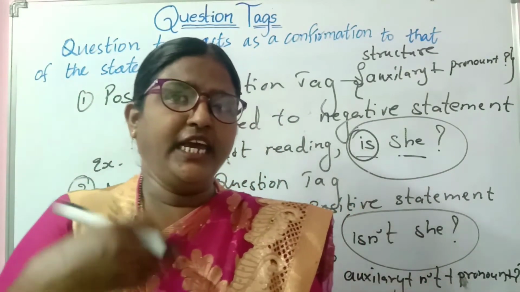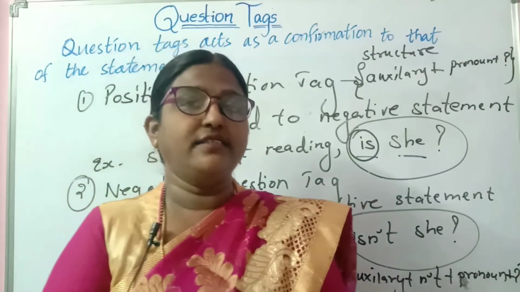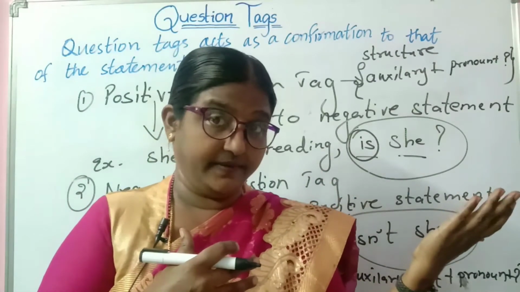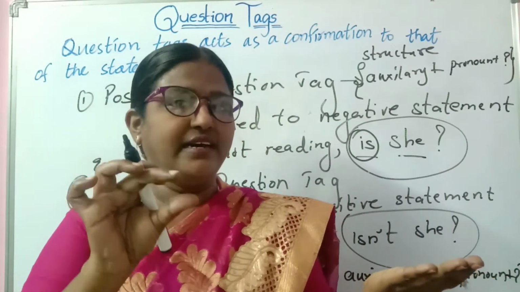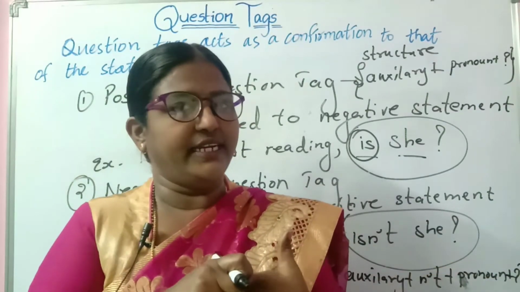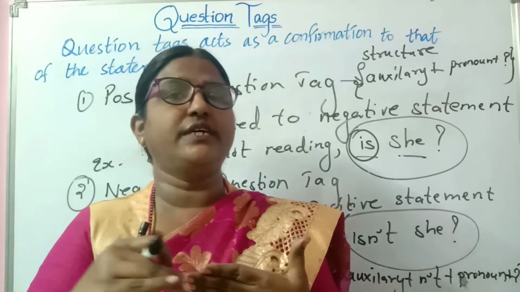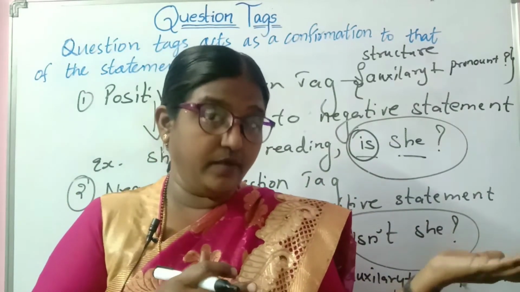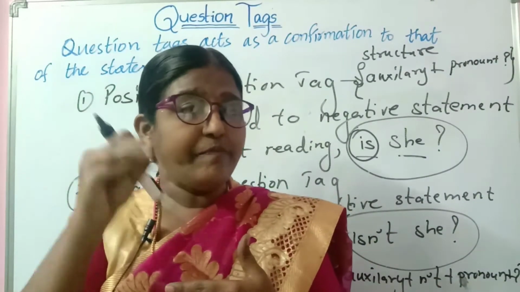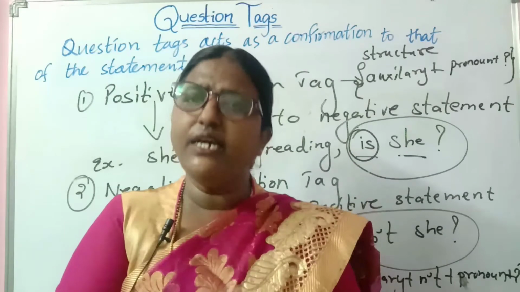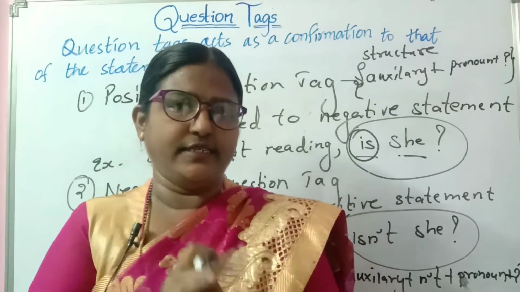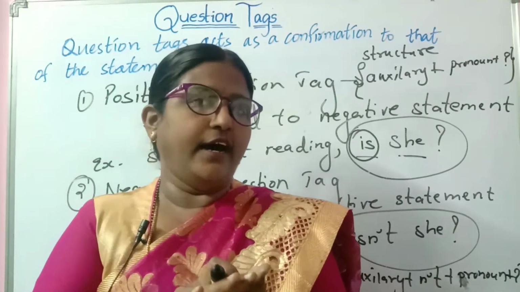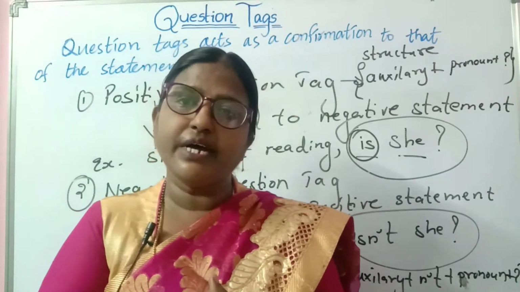So it is very easy to write question tags when there are auxiliaries in the sentence. They are playing. Are is the helping verb, auxiliary verb in this sentence. So as the statement is positive, the question tag will be aren't they. She was crying, wasn't she? So if there are helping verbs in a statement, very easily we can write the question tags. But if there are no helping verbs, no auxiliaries, then how to write the question tags?